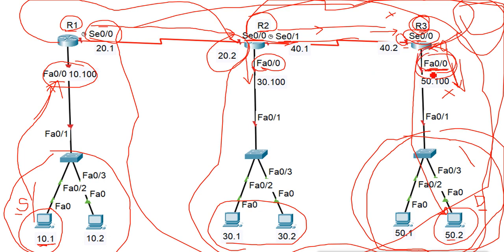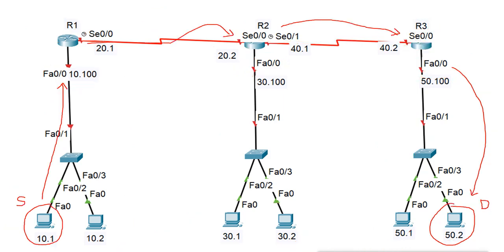Now for the extended list. In an extended list, what we do is first mention both source and destination. That means we mention the source IP address and also the destination IP address. Then we also mention the particular protocol. So if we say telnet, then telnet will be blocked and the other protocols will still work. And if we say the destination IP is 50.2, only 50.2 will be blocked, not 50.1 or 50.3. The whole 50 network can be allowed, but only this IP will be blocked.